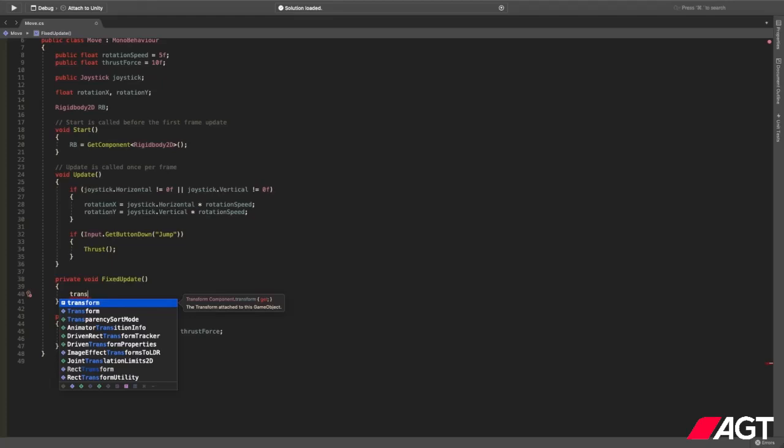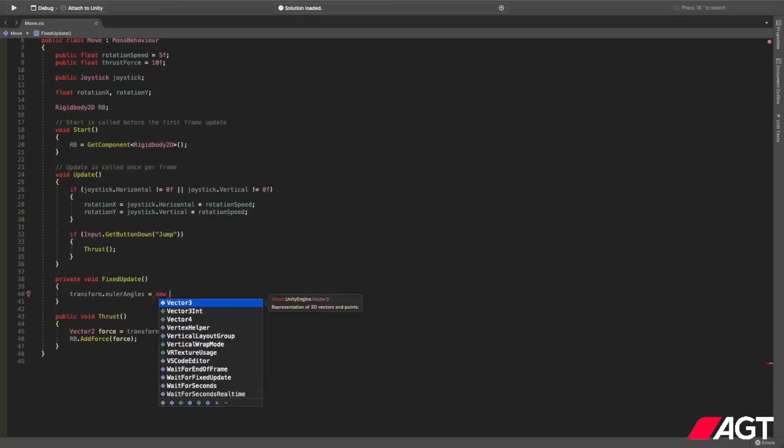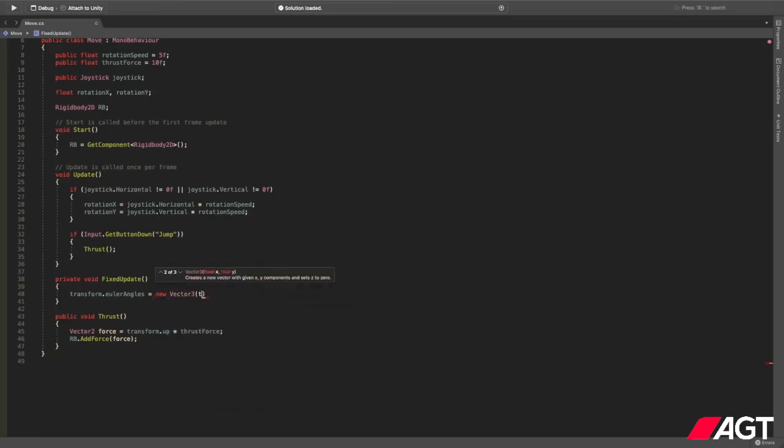So transform dot Euler angles is equal to, and now we need to declare a new vector3, which is transform dot Euler angles dot x. Then we need to use transform dot Euler angles dot y,